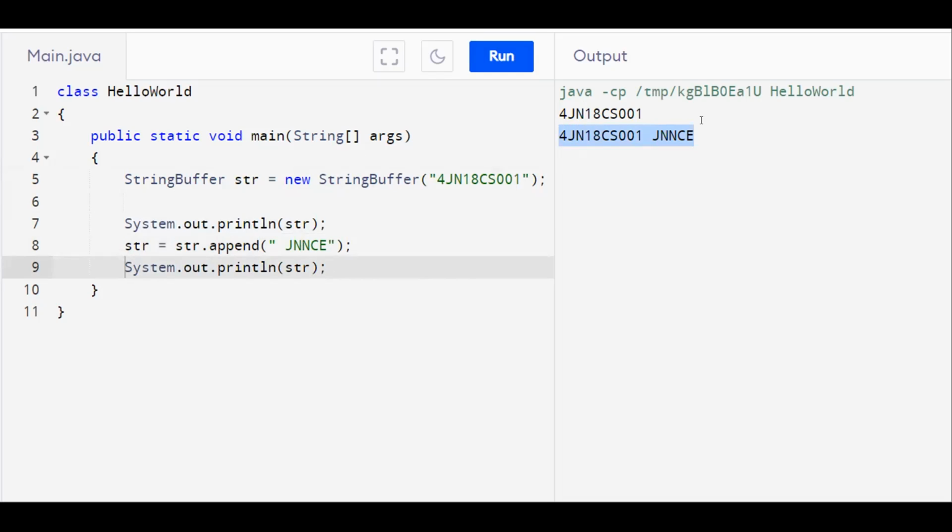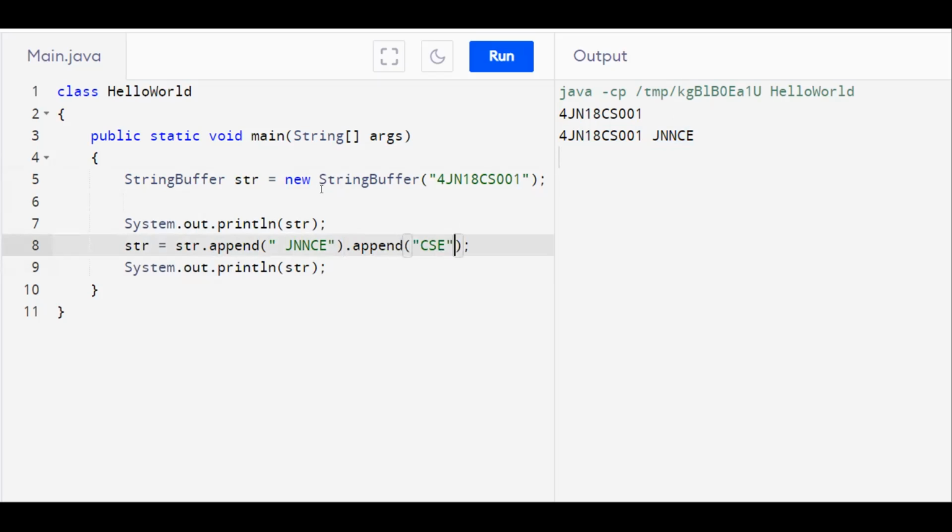Java hides most of this concatenation operation from the programmer, because for a programmer it should look very simple. But internally, Java does all of these things using the string buffer as well as string builder classes. On one append, we can call multiple append methods like this.